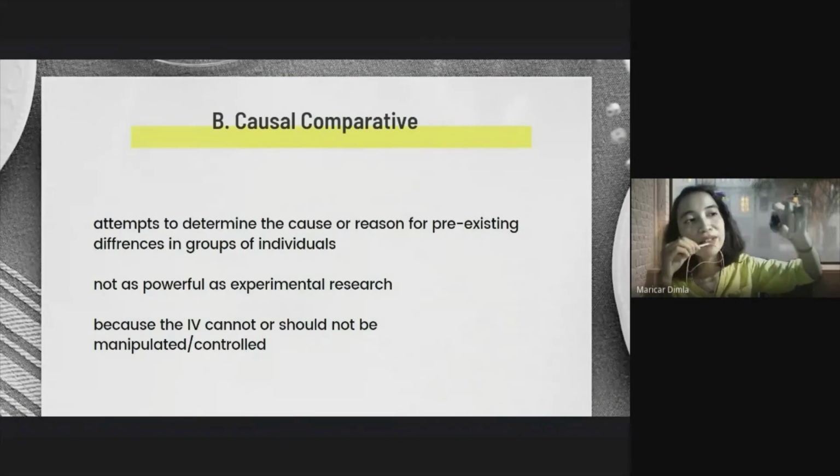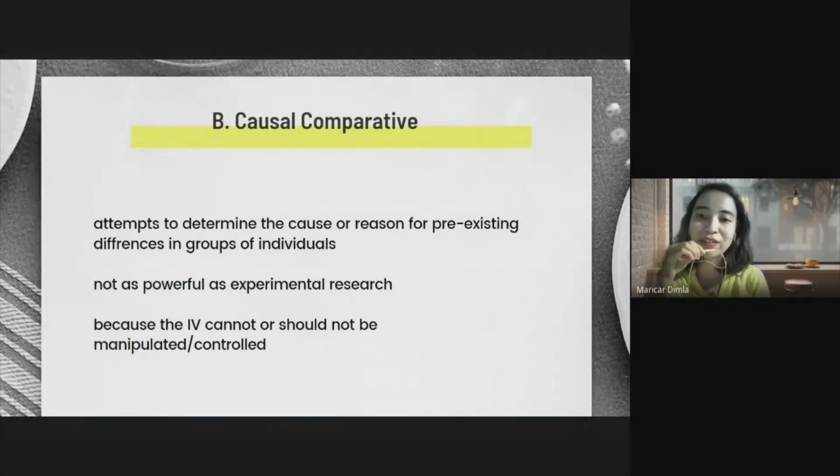Under non-experimental, we have the descriptive, causal comparative, and the developmental. Under descriptive, we have the correlational, the content analysis, and the comparative. Naiintindihan nyo na dapat class kung saan nang-originate